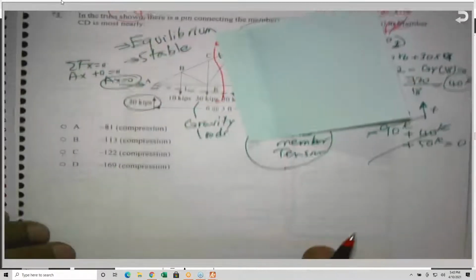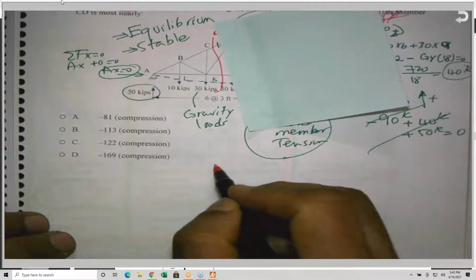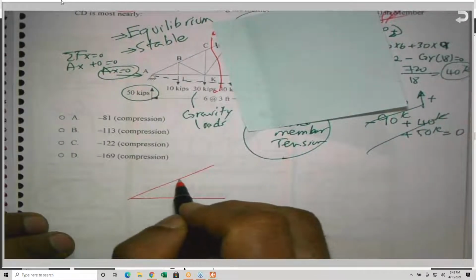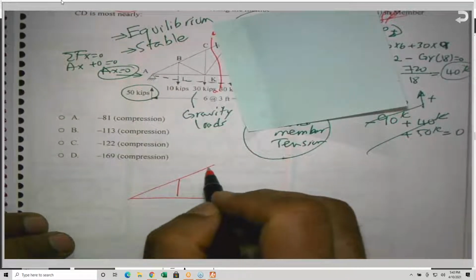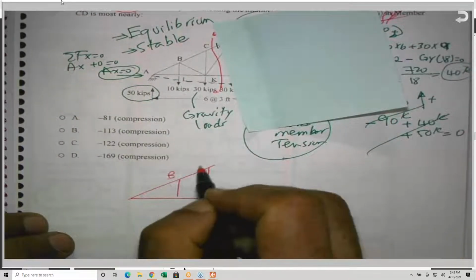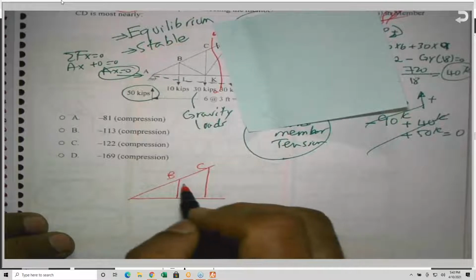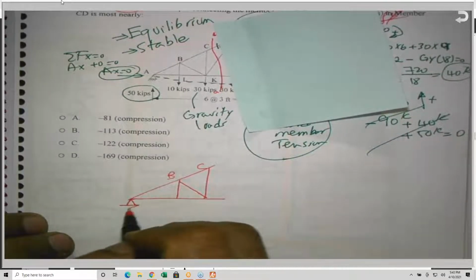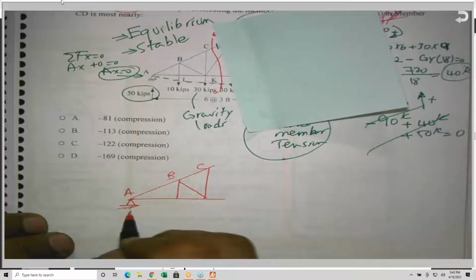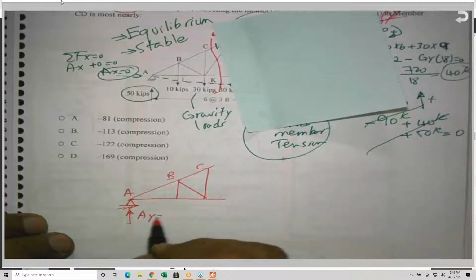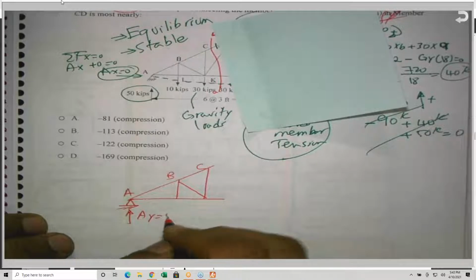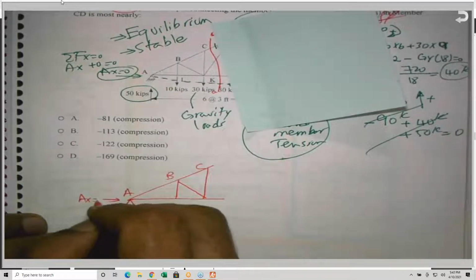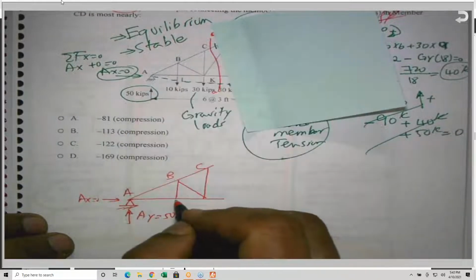So what I have right now is the following. Let me draw it again here. I have B here and C here, and I have a member here like this. And I have a support like this at A, and I have A sub Y. He will give it to me as 50 kips. And A sub X is equal to 0. Do I have a force at this joint? Yes, I have